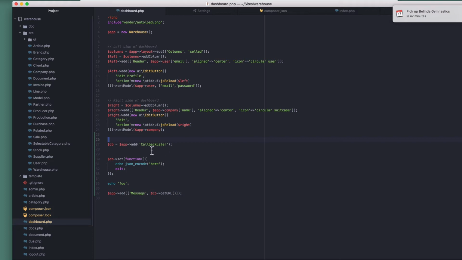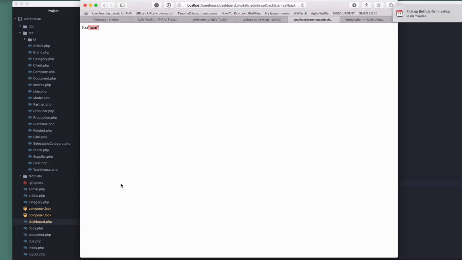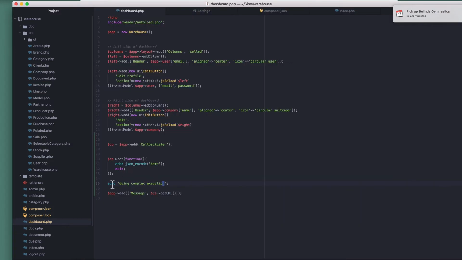So virtual pages and everything else, they're using callback later, so they're using this one. And the problem with that one is, let's say you have some complex execution happening somewhere over here, doing complex work, and maybe you don't really need to do that if the callback is triggered. So now you could do